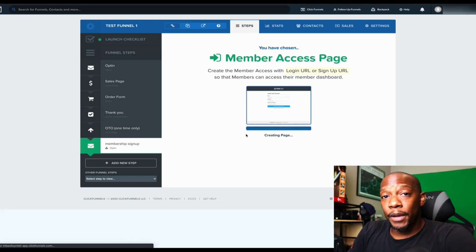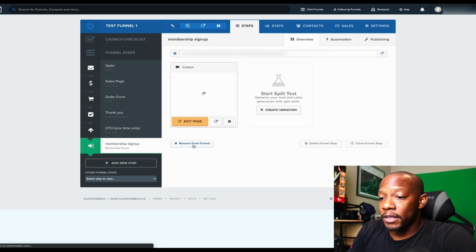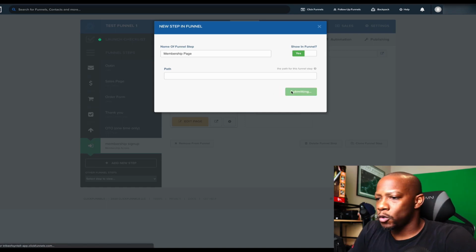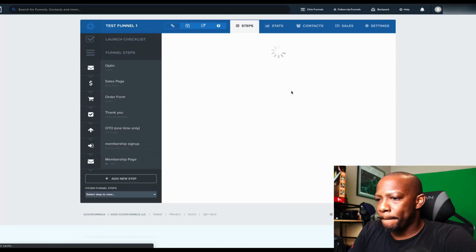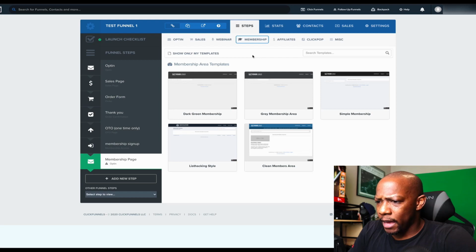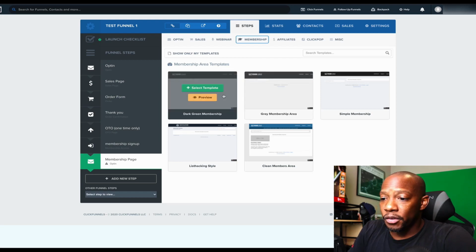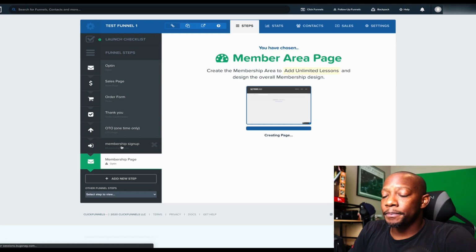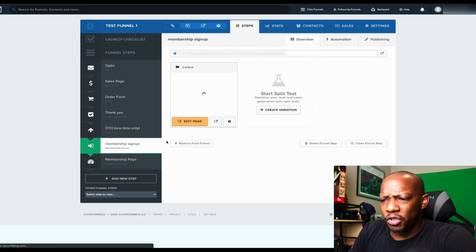Now that they have the sign up page, we have to go to the next part, and that is the actual membership page. So we'll go to add a new step. We'll put in here membership page. Let's create this funnel. And then we'll go over here to membership where it says membership area. Click that, and we will select yet another generic one for now. We'll go to select template. All right, so now we have the sign up site where they're going to sign in. Let's take a look at it real quick so you just have a good idea of what it looks like